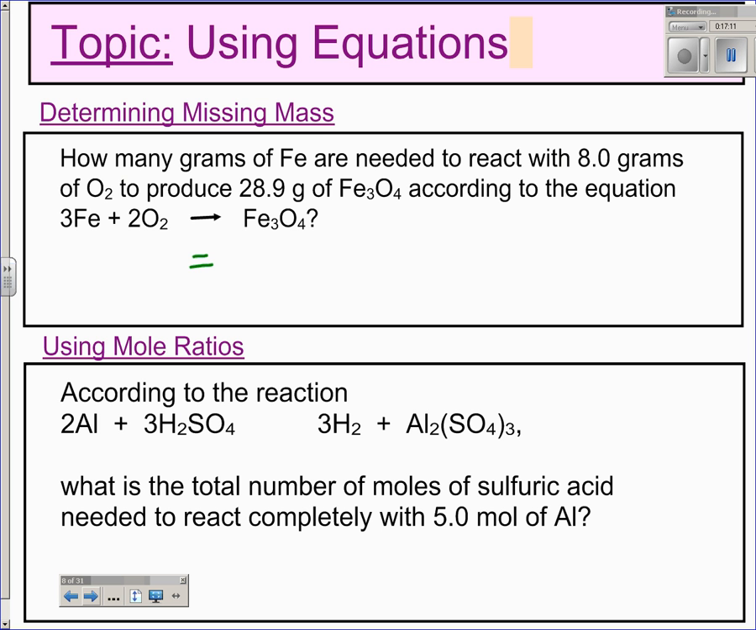So it's asking us how many grams of iron, so we don't know the grams of iron, are needed to react with 8 grams of oxygen. Notice the grams. This is a mass problem. Okay, to produce 28.9 grams of Fe3O4,